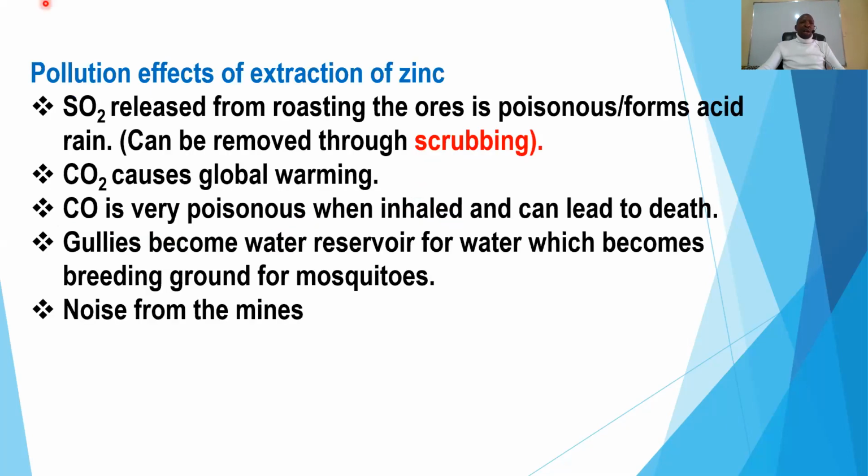We also have the pollution effects in the extraction of zinc. Sulfur(IV) oxide leads to the formation of acid rain, not acidic rain. It is acid rain. The pollution effect can be controlled through scrubbing or the flue gas desulfurization device, FGD. Remember, the pollution effect of sulfur oxide can be reduced by using either scrubbing or